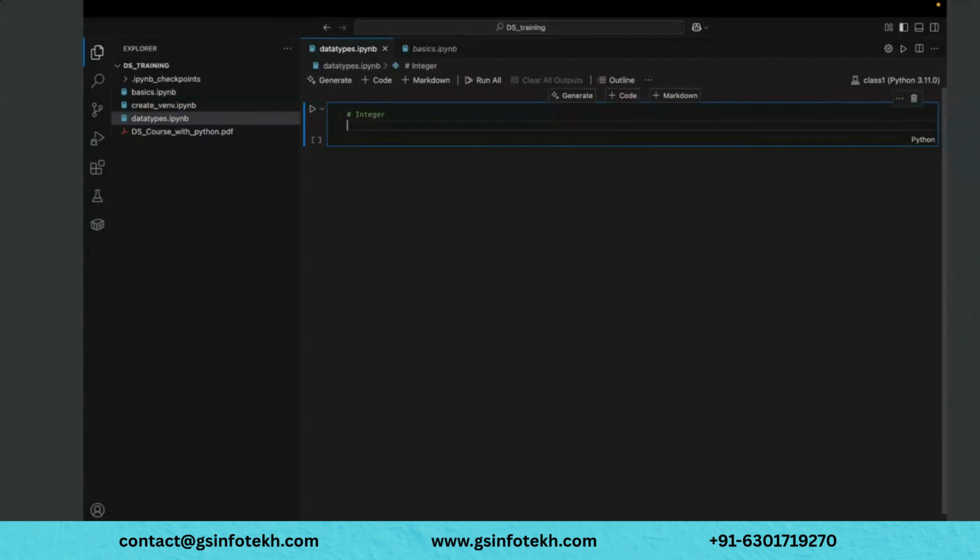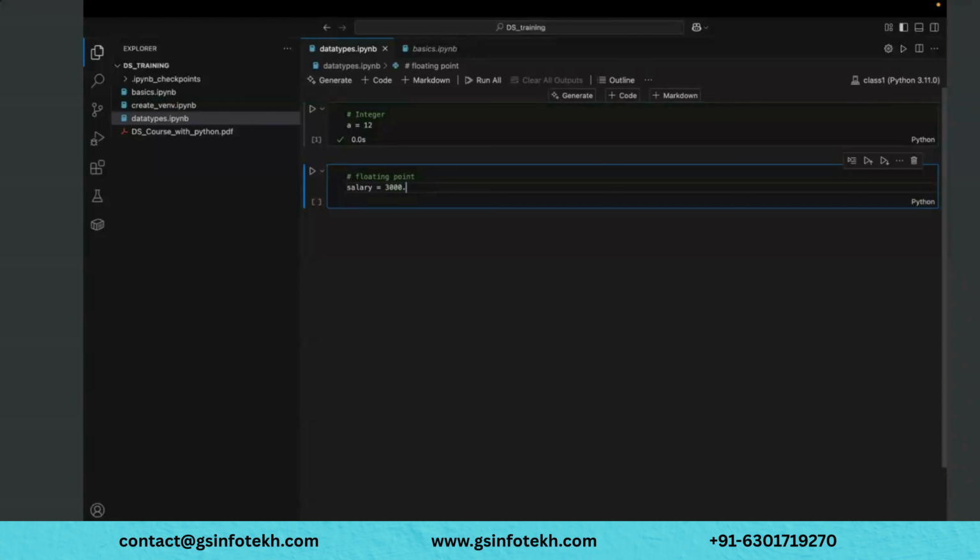So let's say if I am using a equal to 12, so this is an integer. We already saw that. Now there is one more data type called floating point, right? So float will be there. Float is nothing but a decimal. Let's say if I am using salary, I mean usually salary won't be decimals. Let's say assume that you will have a salary called